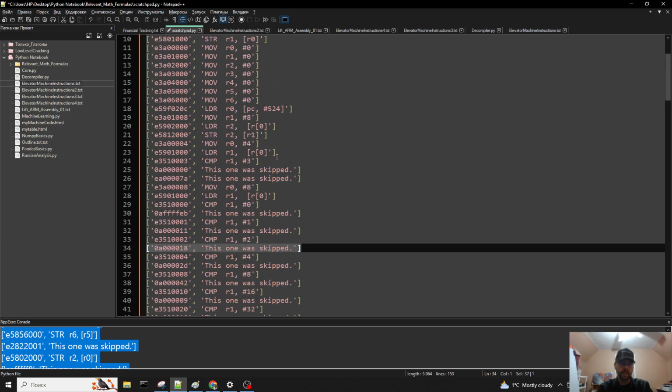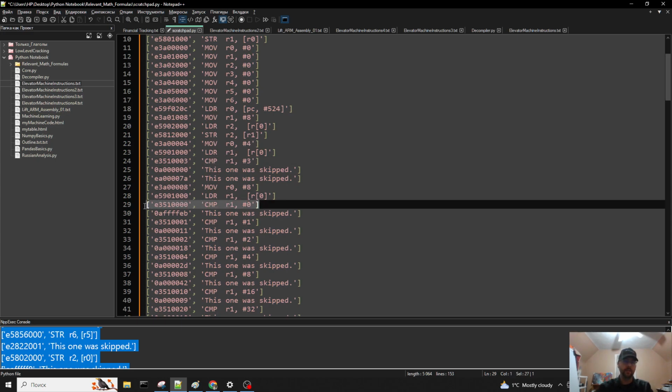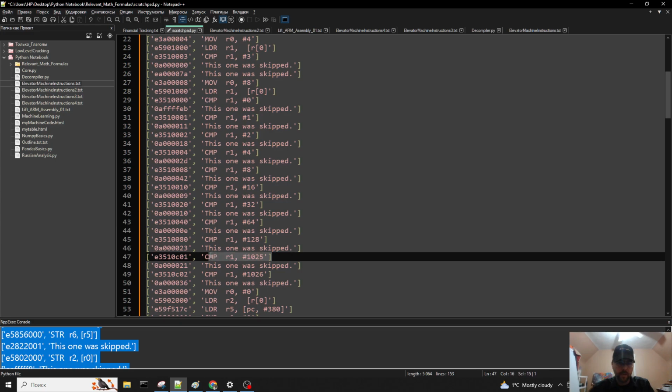Another thing that was really interesting that I could not figure out quickly enough, and I didn't want to get stuck on it for too long: my compare instructions worked and correctly produced the desired effect, except when the number got too large. When the number gets too large, there's something unusual going on with the flags. So like this one right here,